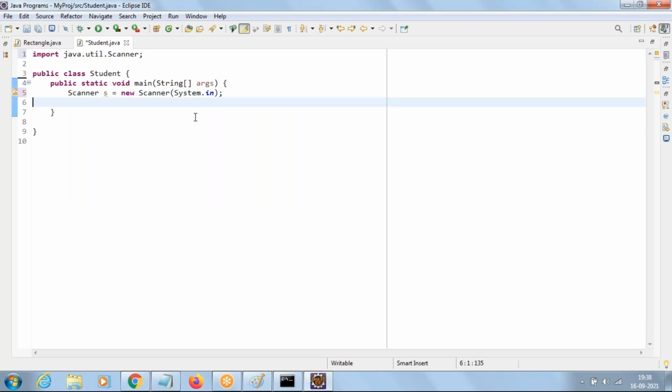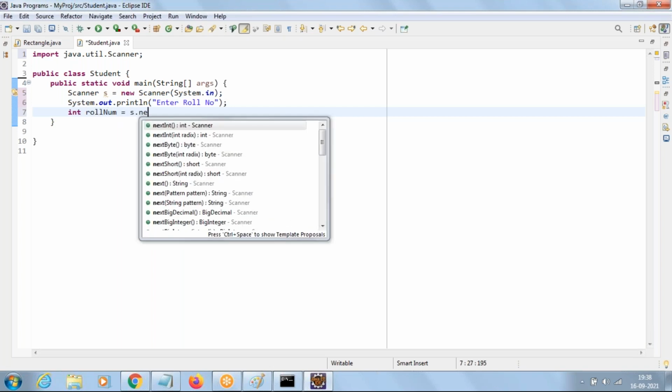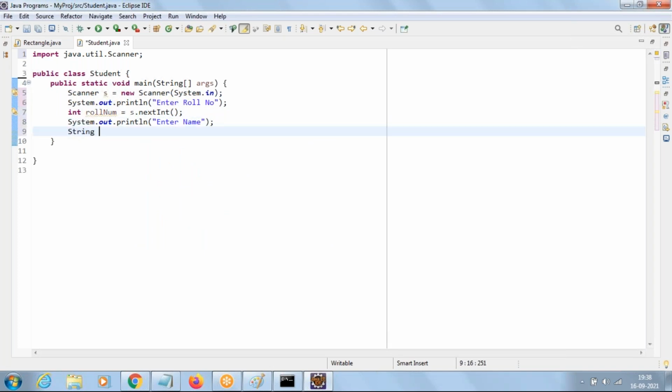Then, now go with the messages to the user. Enter roll number. We'll say int rollNumber equal to s.nextInt. Based on the data type, call the methods. Enter name. We'll say String, collection of characters means string, name equal to s.next or nextLine.